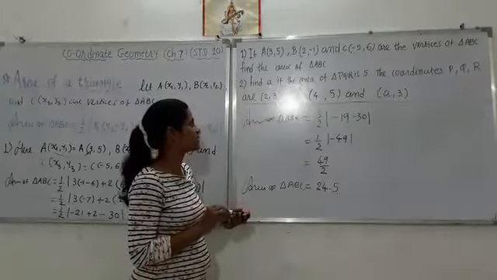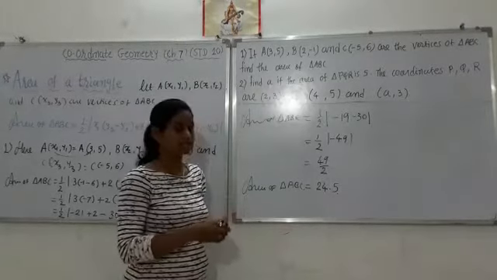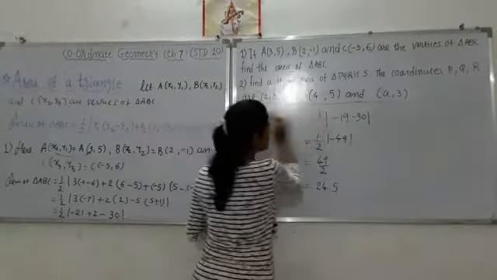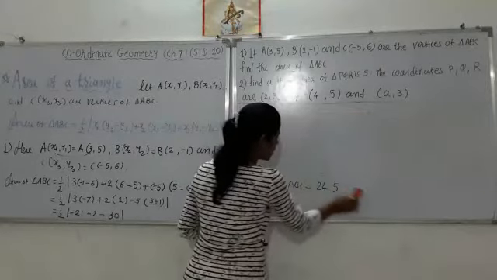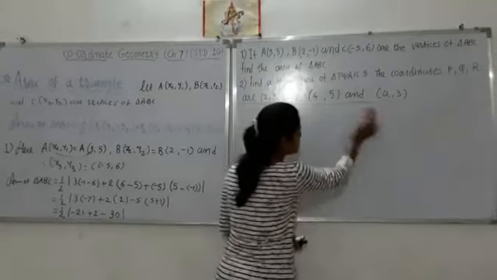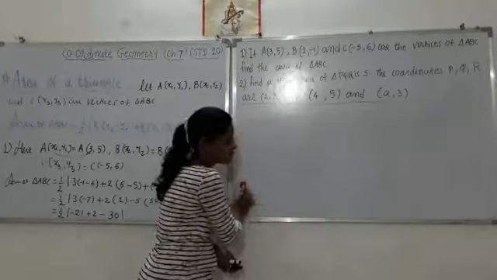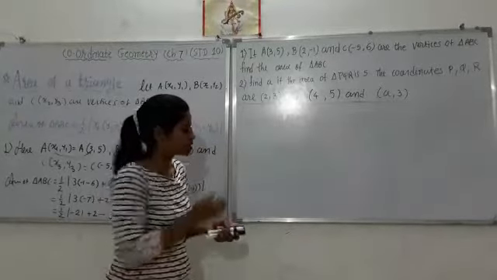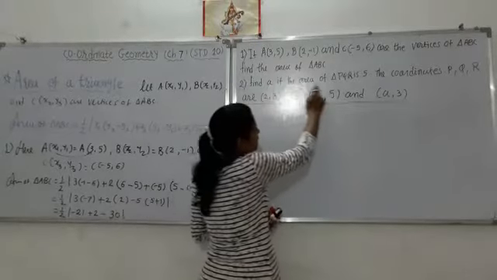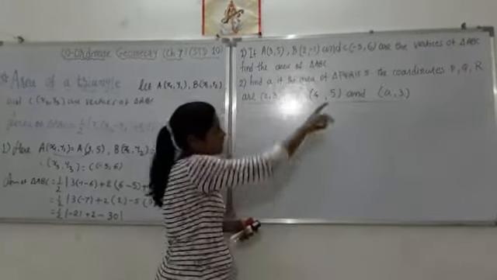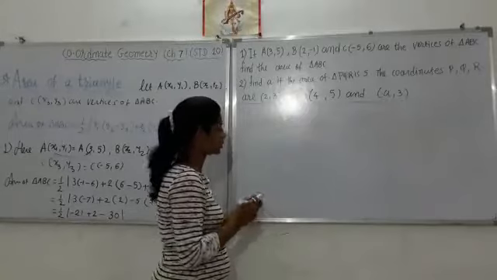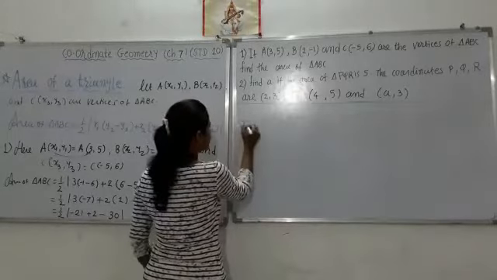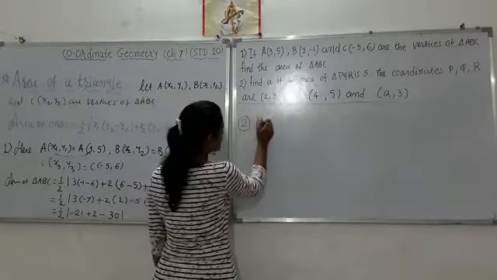Now in this second question, the area is given as well as its vertices. But in the vertices one value is a variable, and you want to find its value. So find a if the area of triangle is 5 and its vertices are these. So here you should write the solution of 2.